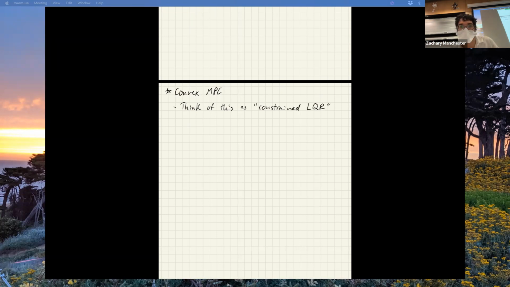What else do we say about this? Okay, so here's kind of the right way to think about this in your head. The reason we did it in this order is that we're going to think about this as really approximate dynamic programming. So remember from the DP discussion last time,